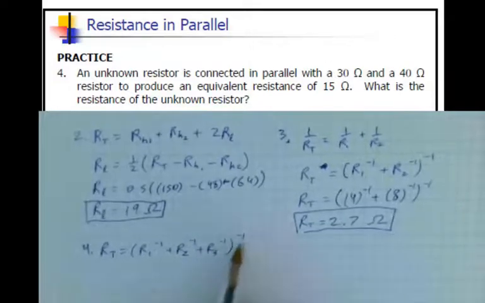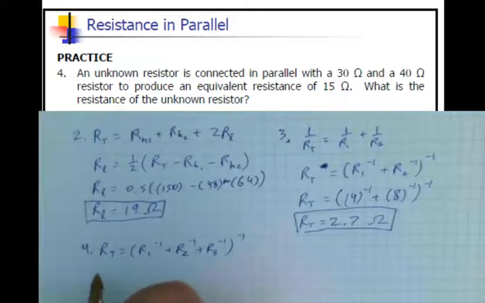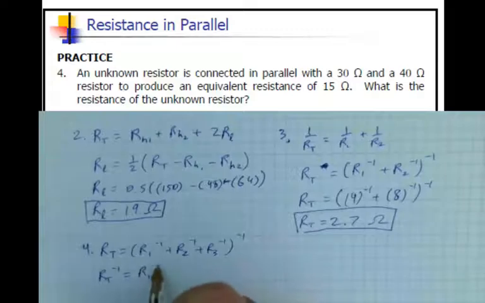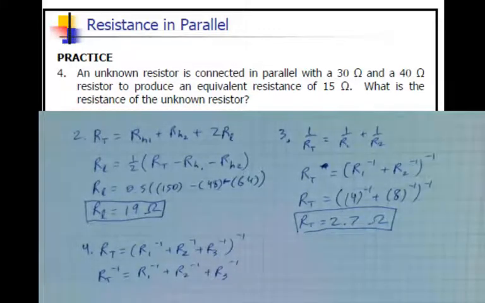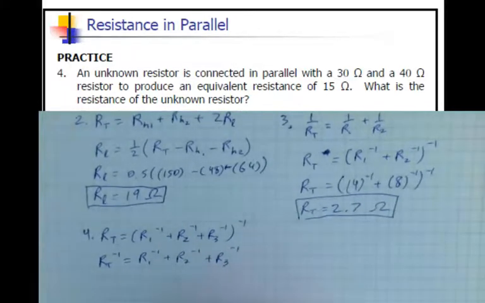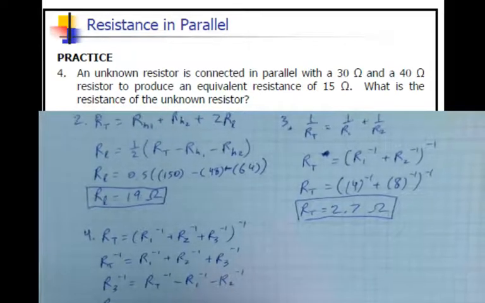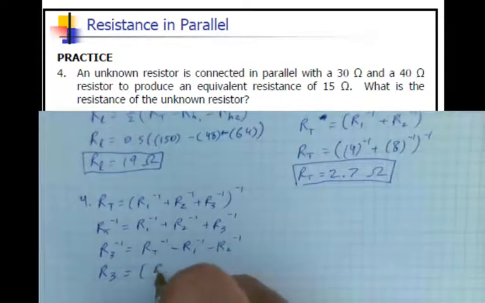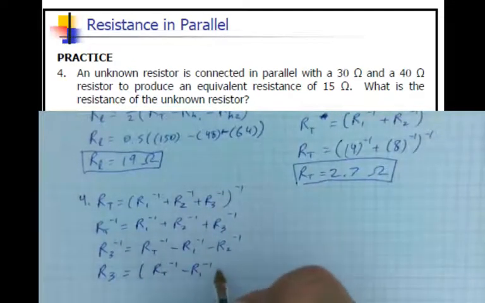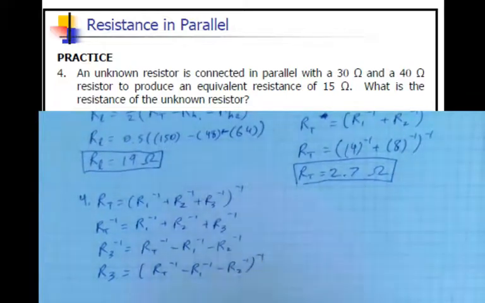isolate for that, R3. So we move the negative 1 to the other side. RT to the negative 1 equals R1 to the negative 1 plus R2 to the negative 1 plus R3 to the negative 1. We isolate for our unknown, which I'll call R3 in this case. So R3 to the negative 1 equals RT to the negative 1 minus R1 to the negative 1 minus R2 to the negative 1. And then we reciprocate that. So RT to the negative 1 minus R1 to the negative 1 minus R2 to the negative 1, to the power of negative 1. And this, we substitute,